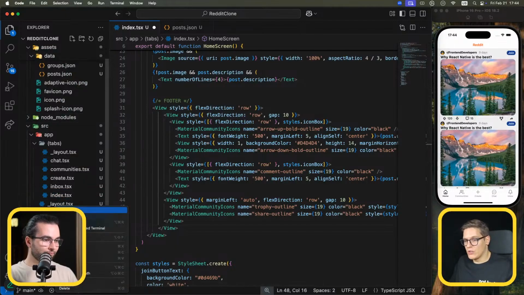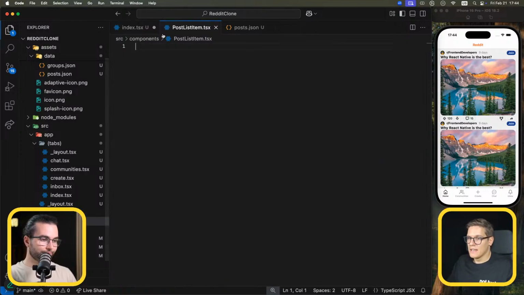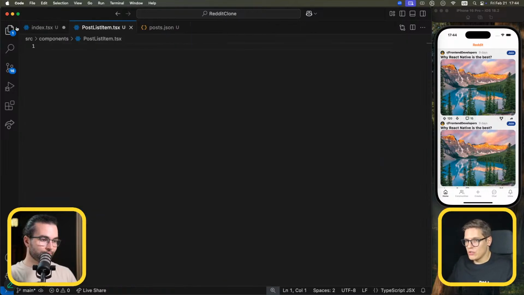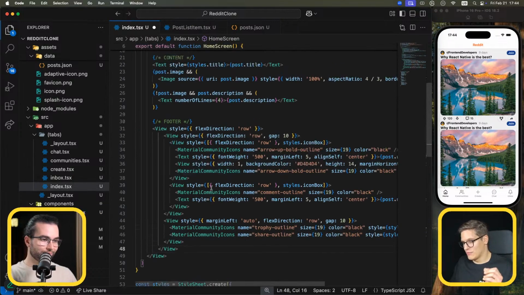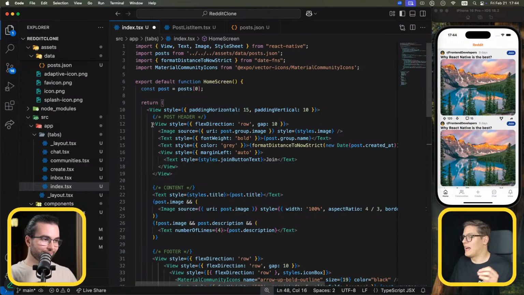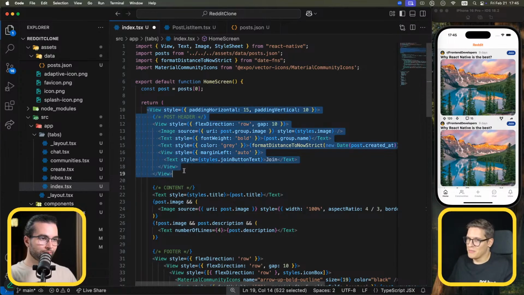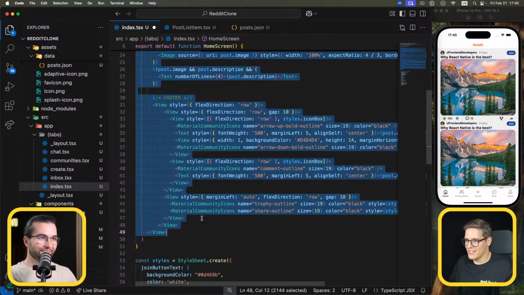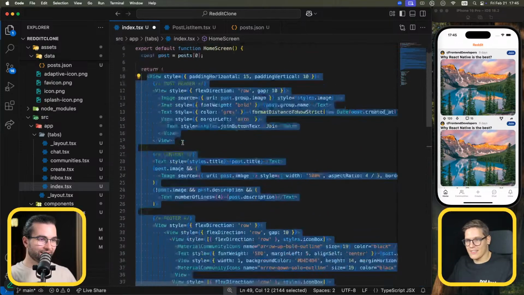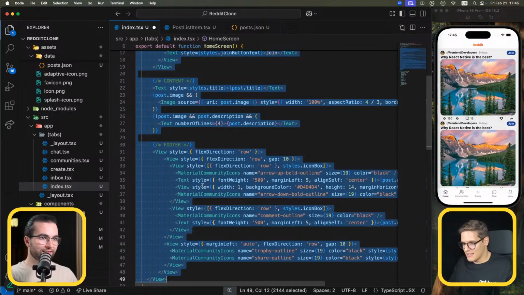Let's create a new file and let's call it post list item.tsx. So now that we created this new file, we can go back to this component of ours. And I know this is not very good, but let's select everything that we see here and everything that's in return. Let's cut it,